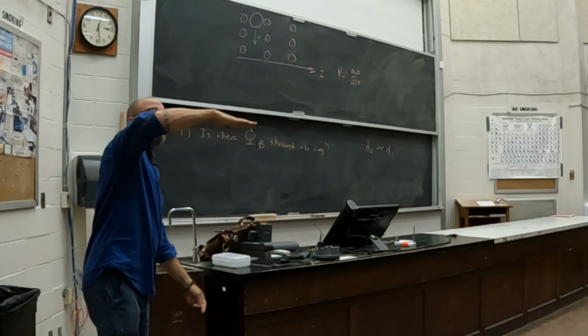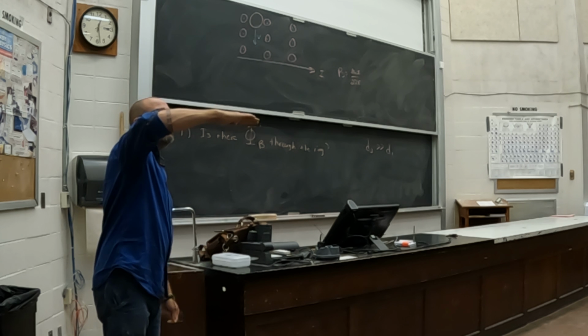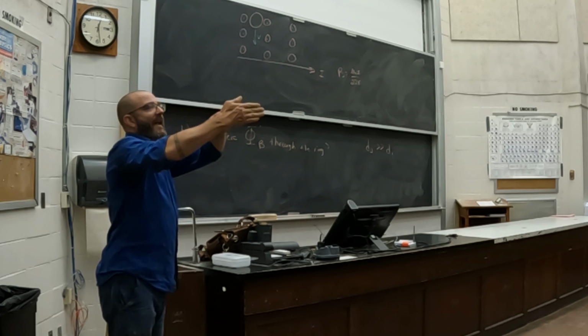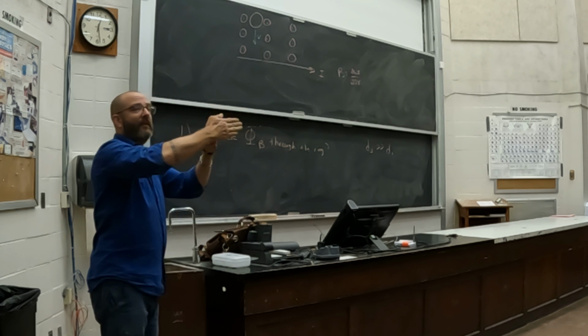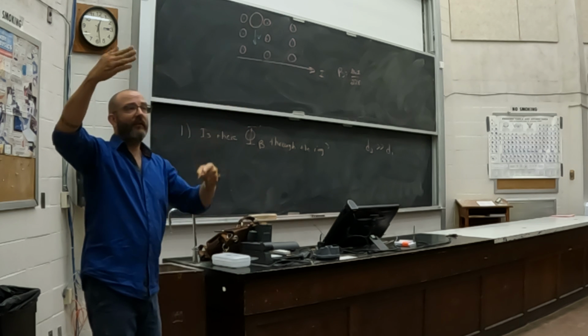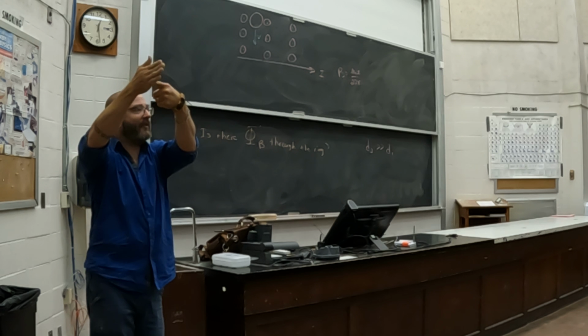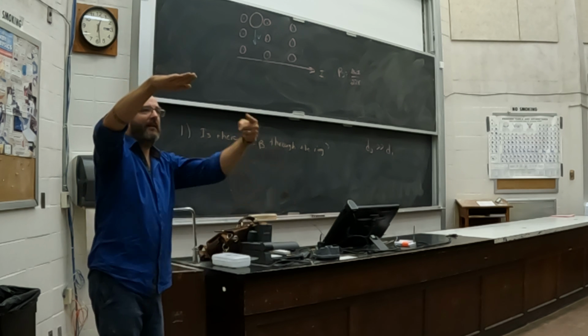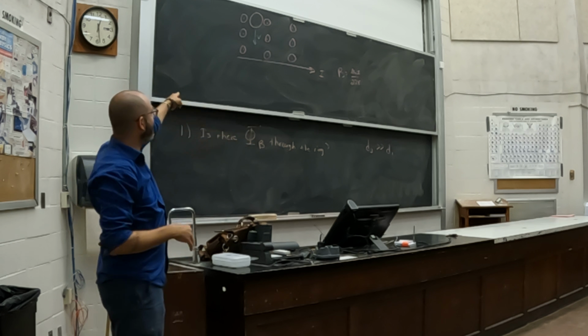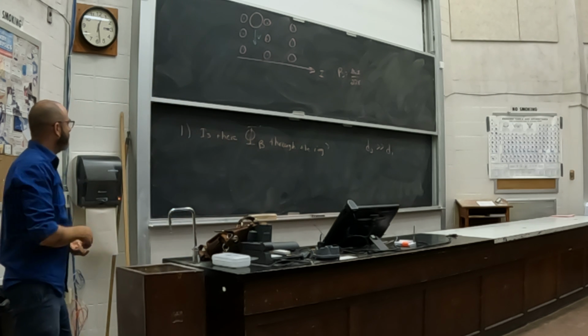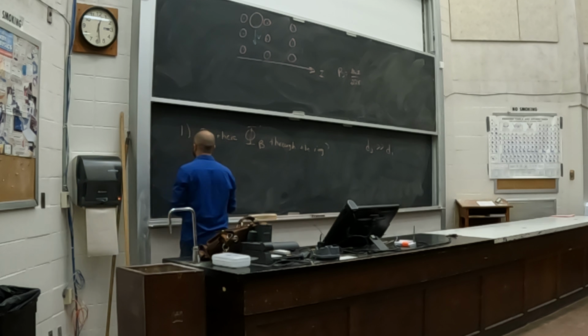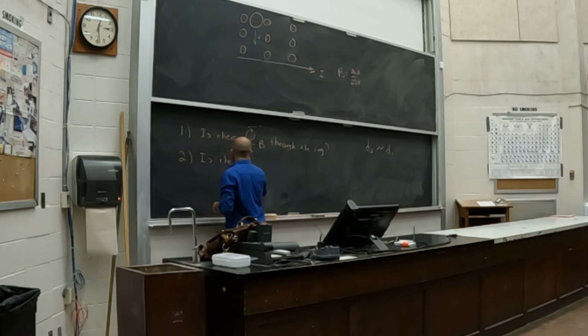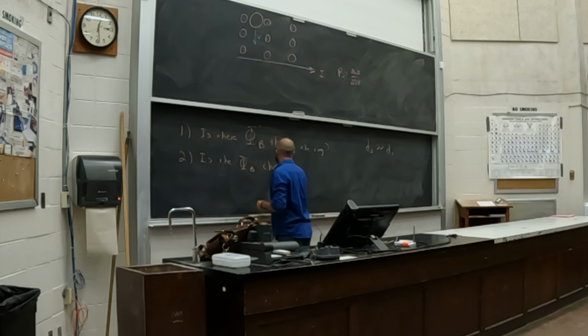Now, if I were to turn the ring sideways, would there be magnetic flux through it? Right, remember the angle between the two matters. So as the ring is falling, yeah, there's magnetic flux. If I turn the ring sideways, there wouldn't be. It would just be hitting the edge. But as it is, yeah, there's magnetic flux. Sure. All right. Number 2. Assuming the answer to number 1 is yes, which it is, is the flux changing? In other words,